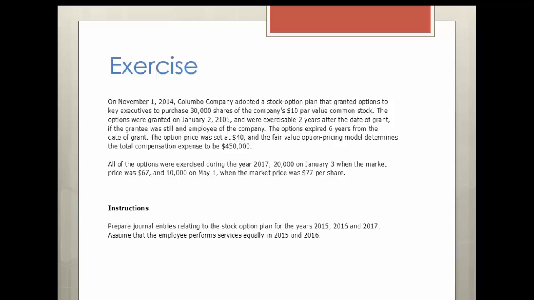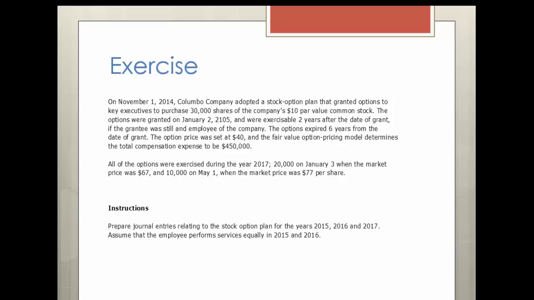The option price was set at $40, and the fair value of the pricing model determines total compensation expense to be $450. How we get to the $450 essentially goes beyond the scope of this class, because that entails calculating the option price using the Black-Scholes method, which gets a little complicated. We're not interested in that. We're looking at this from a transactional perspective. So this is a 2-year plan. Total compensation expense specifically related to the options was